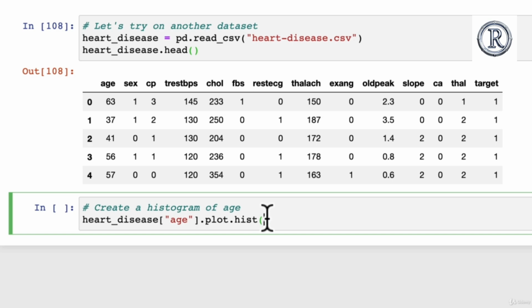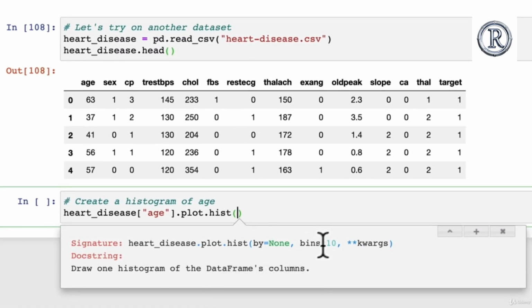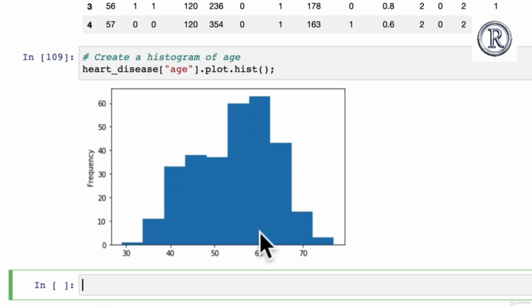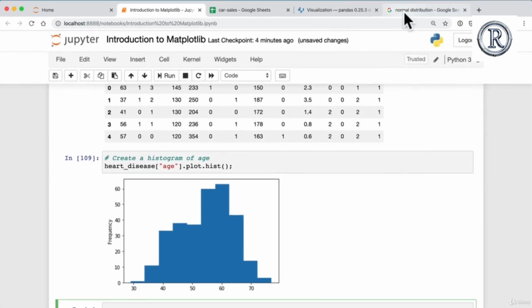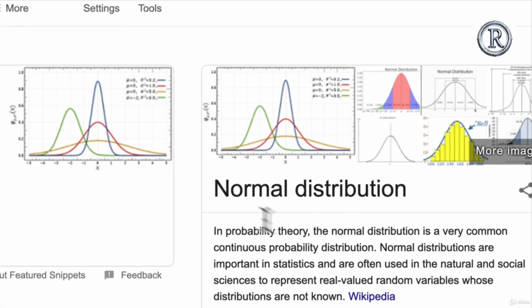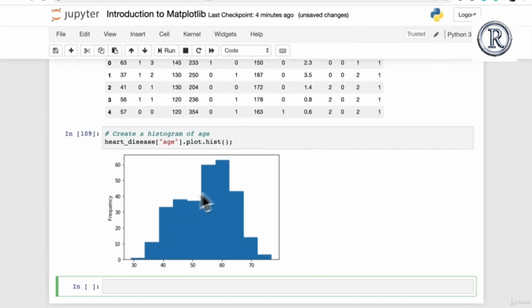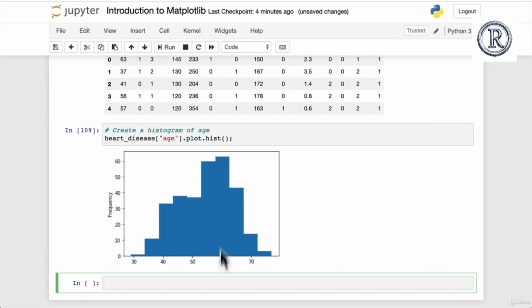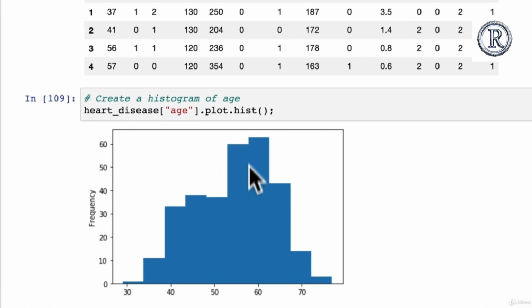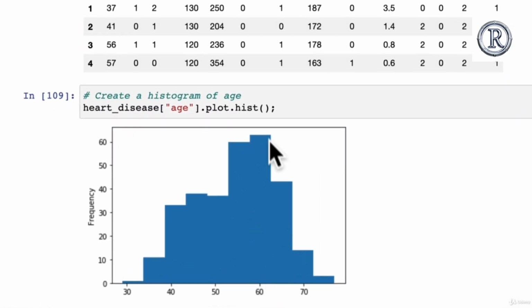and we might just see the default number of bins. Can you remember how many that will be? Shift tab, bins is going to be 10. Beautiful, so we'll just leave it at that. Okay. So this is where we're starting to see that curve, right? This is that normal distribution. It's very common. So we're kind of getting that curve here. We would say that most of the patients are around, it's this line here, so maybe late 50s, early 60s,